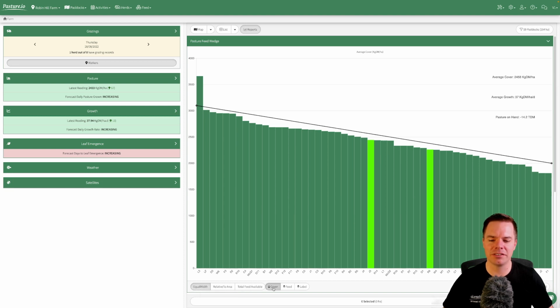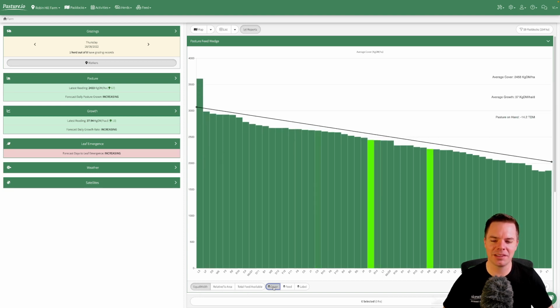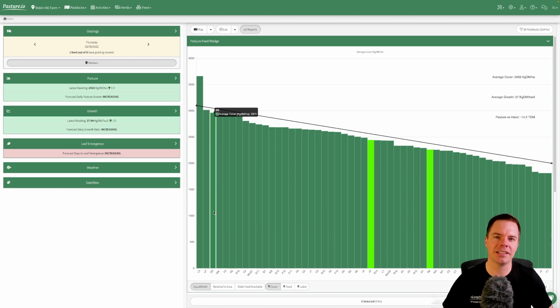Now, if you're used to seeing the feed wedge go left to right, not right to left, then you can simply click the cover button. Now, I'm used to seeing the feed wedge go this way, so you might just have to put up with that. And what we can do here with these three buttons is display the data in three different ways. The first two are very similar. So the first one is equal width. Now, this means that each column or each paddock is equal width, and we're just simply talking about kilograms of